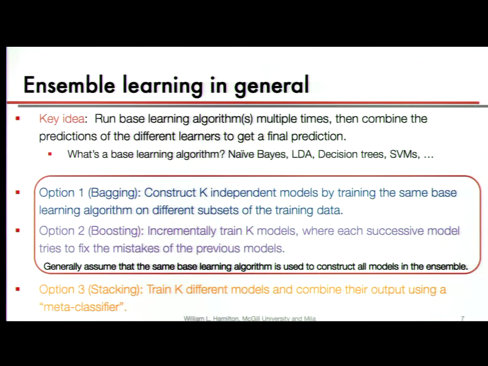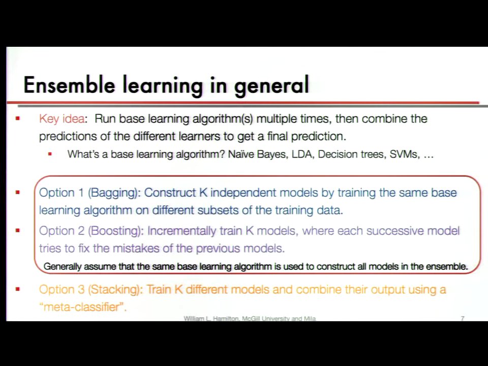It's worth mentioning here that these first 2 options generally assume that we're using the same base learning algorithm, and we're combining the outputs of a bunch of these simple algorithms together. So in bagging, we're taking a bunch of decision trees and just training them on different subsets of the input data. In boosting, we generally use some particular type of model, often decision trees, and the second one we train is trying to correct the errors made by the first, and so on. But for ensembling, it's the same method: combining a whole bunch of decision trees or a whole bunch of naive Bayes together.